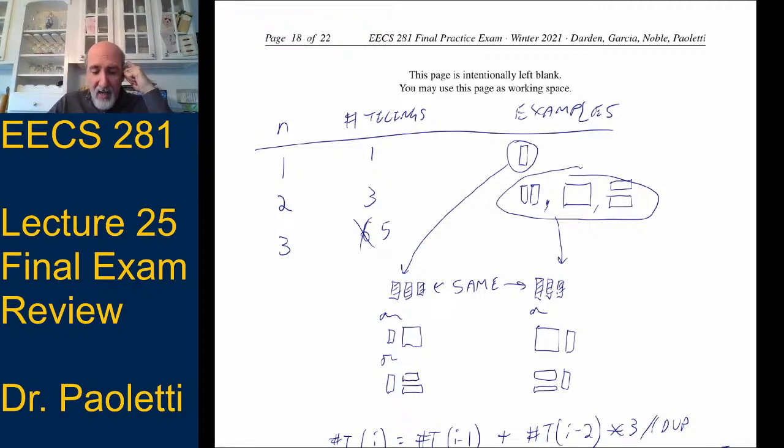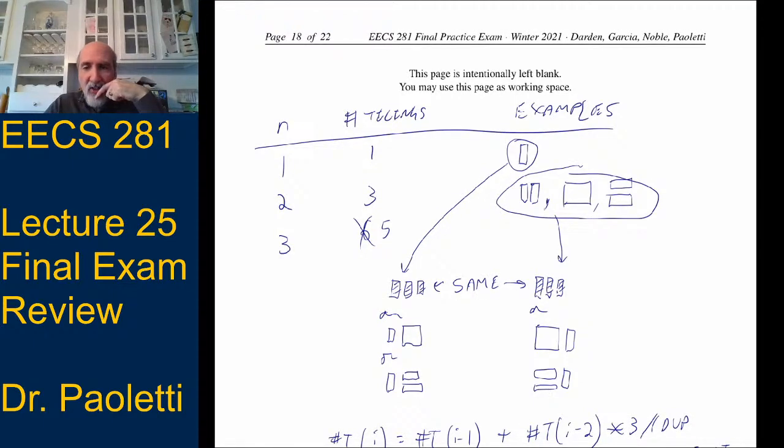So that's basically this picture. This is where we started before we got to the code. So if you joined late, you might have missed this page. So I started out with one tiling and said, how do I get to a size of 3? Well, I start with a size of 1, and I get to 3 by either taking my vertical one and adding 2 vertical ones, taking my vertical one and adding a square, or taking my vertical one and adding 2 horizontal ones. So that's how we got there. So you may have to go back in the video, but we did go through the whole example and derivation of this.